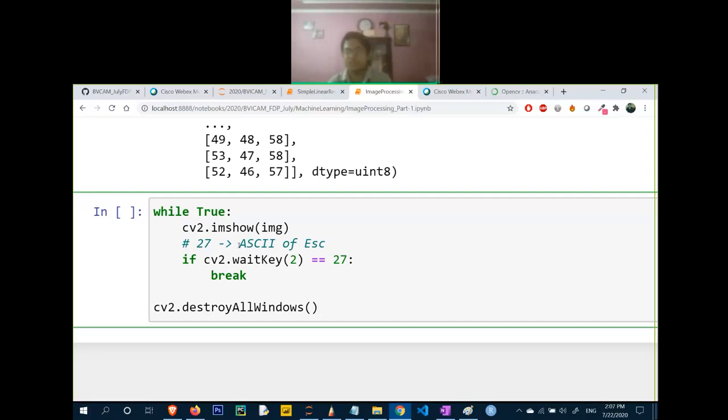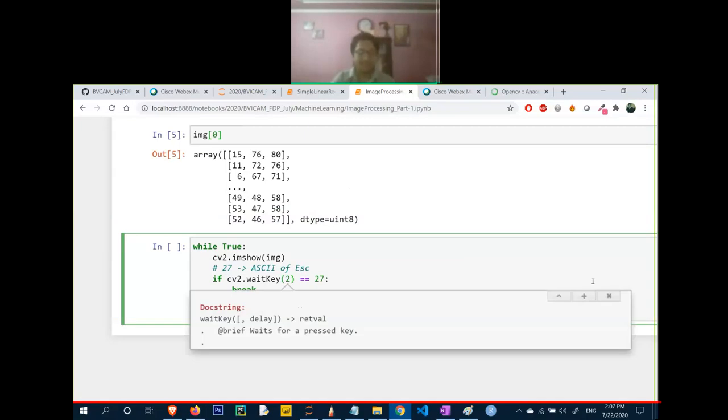And what is this waitKey? To understand the concept of waitKey, let me show you what exactly the definition is.